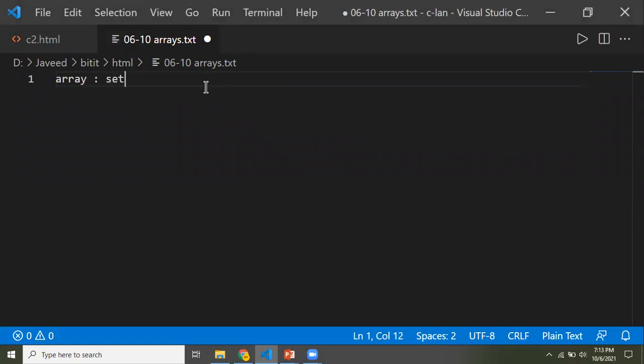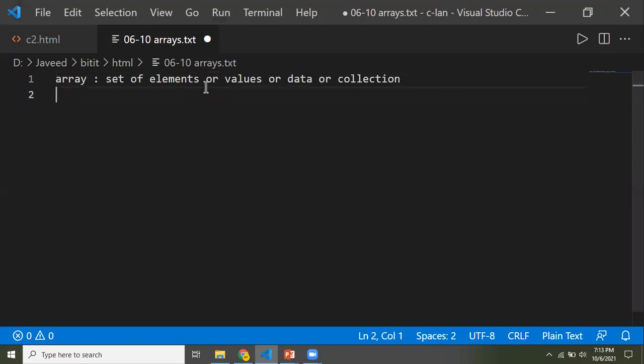An array is nothing but a set of elements, or a set of values. We also call them data. Some set of data is what you call an array, or people also call it a collection. We have a set of values, right? It's what you call an array for us.